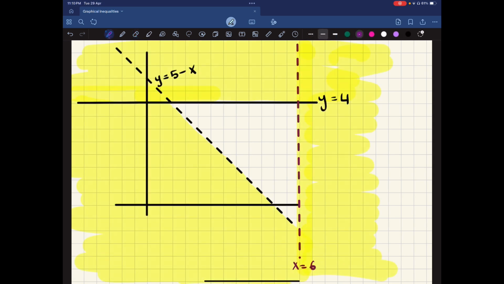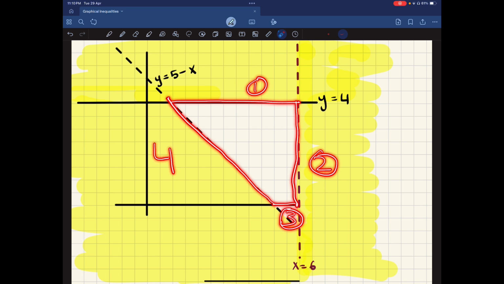Okay, so let's tackle this question. The question is asking you to list the inequalities that represent the unshaded region. Okay, now what is the unshaded region? This is the unshaded region. So the first thing that you're going to do is count the number of lines that bound the wanted region. So 1, 2, 3,